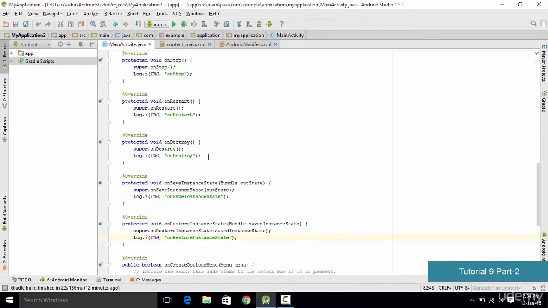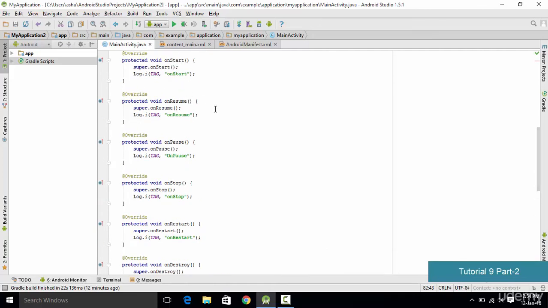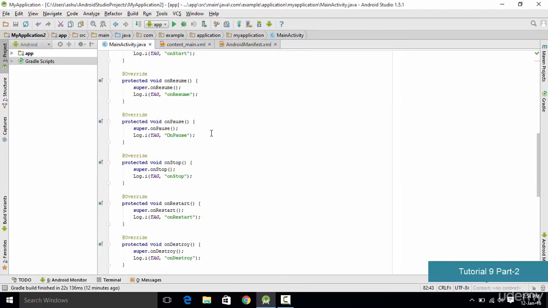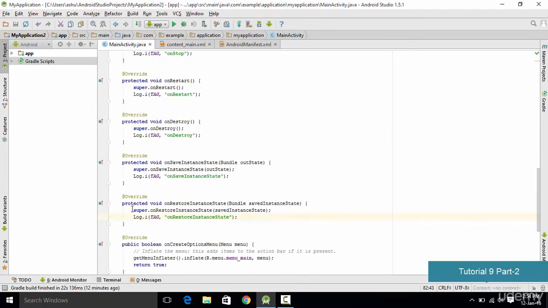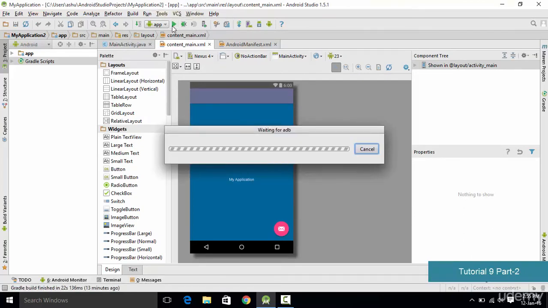Now if you have missed adding some code in your application, then make sure that you pause this video and watch each and every line of code and make sure that it is added onto your application. So basically we have added our code from here. The first method which we have added is on start, and we go on adding the methods, and our last method which we have added is the on restore instance state. Now once you are done writing the code in your application, you go to the main.xml and you simply run your application by clicking on this button, and your emulator is going to start for you.